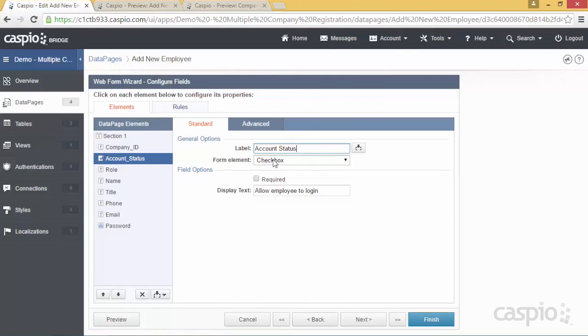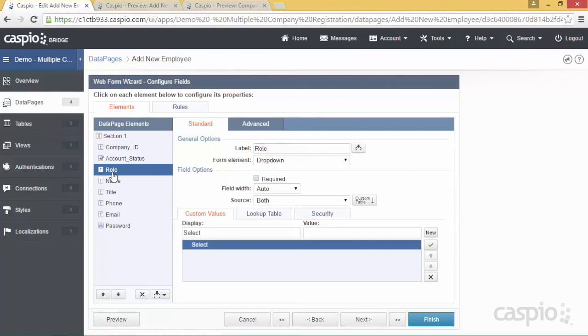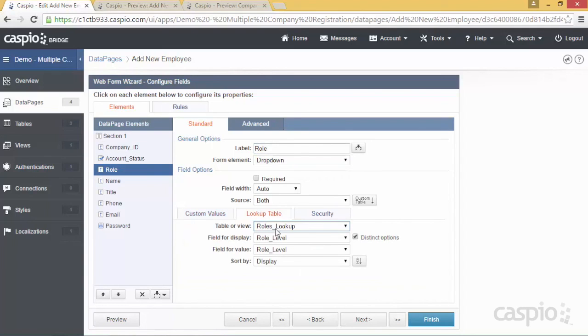Account status, we have a checkbox here to allow or not allow employees to log in. And now here is my role field. As an admin user, I created a drop down here, and I'm looking up a table of all the roles that I have in that table. So if I open up that table that I created, my third table,